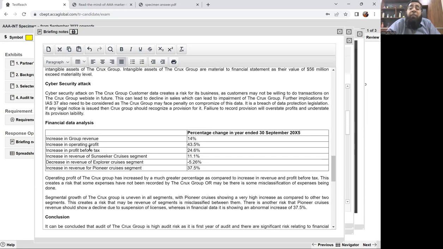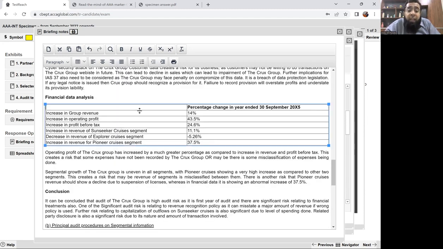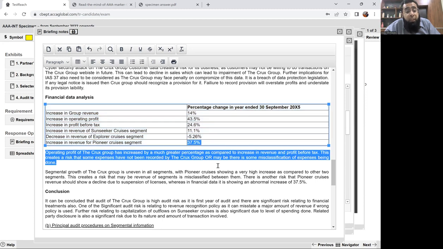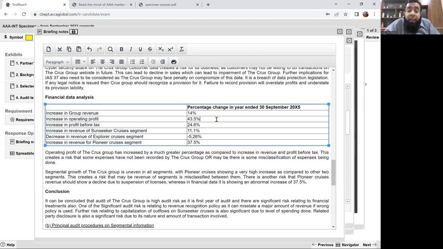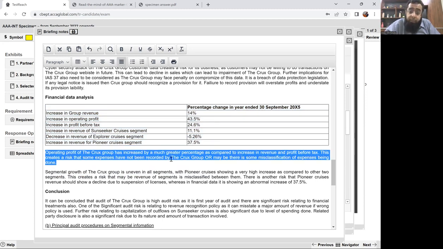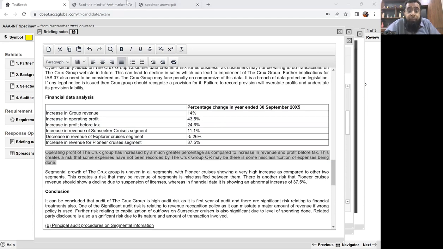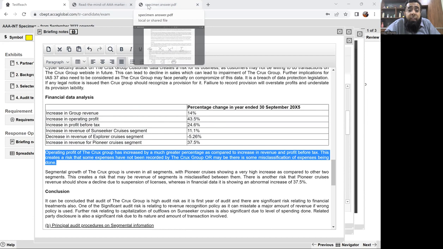Then he didn't perform the financial data analysis, which I recommend that my students should always do. Okay, the trend analysis and then brief comments. Because this trend analysis will get you 0.5 mark each. Okay, if you look at the marking scheme of the examiner,